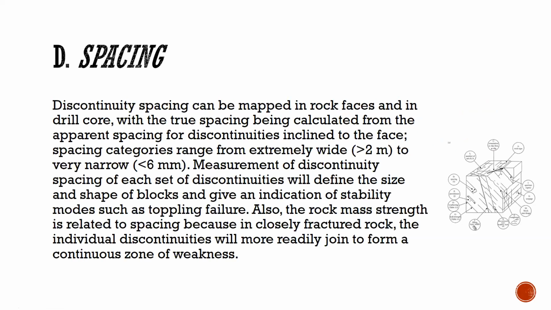Now, after finding one joint, there is a probability that the joint may occur in sequence at some spacing, perpendicular to each other. So we have to determine the perpendicular distance between the joints. That is the spacing. With 3, 4, 5 joint outcrops exposed on the surface, from that we can measure the spacing, the perpendicular distance between the joint set. We can measure that.